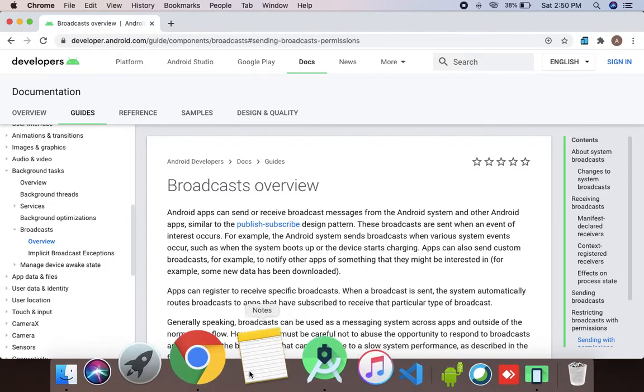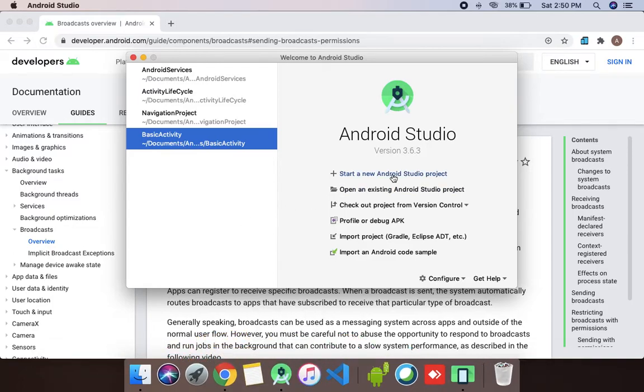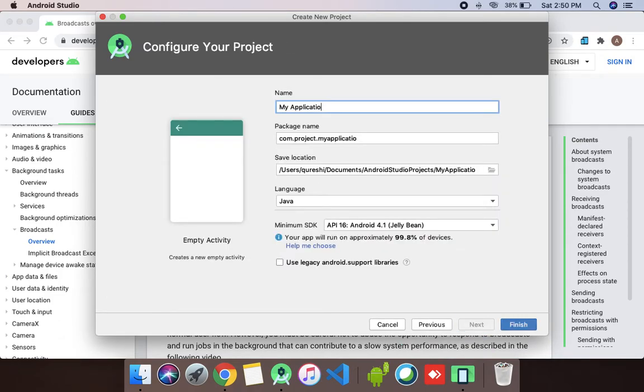We will learn how to create a basic broadcast receiver. Let's create one project, named Broadcast Receiver.